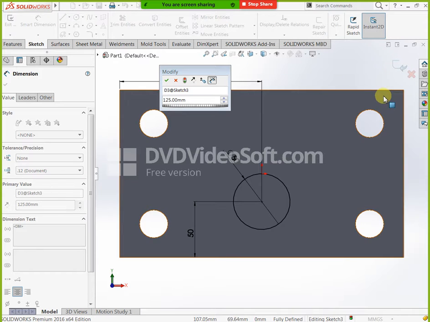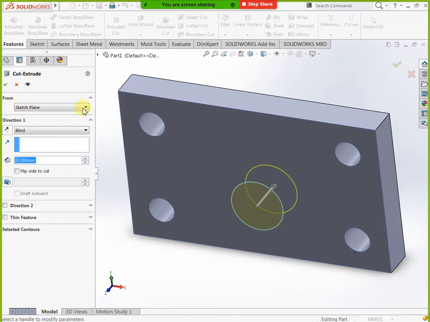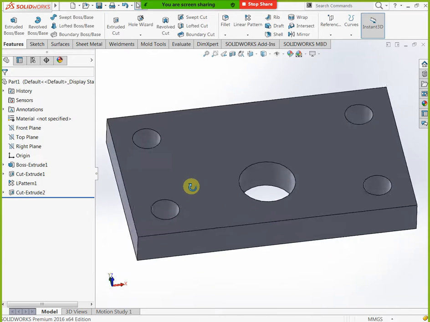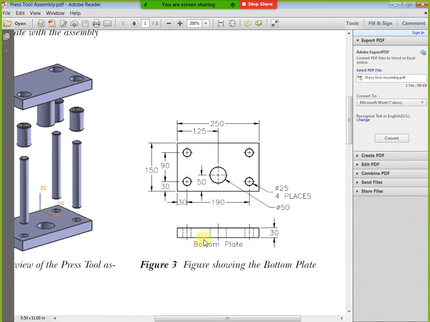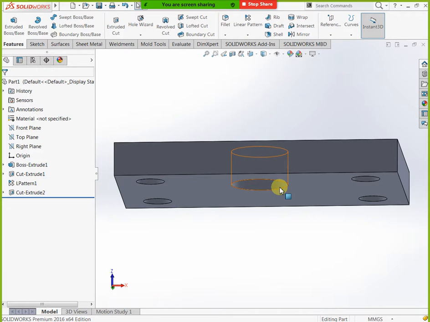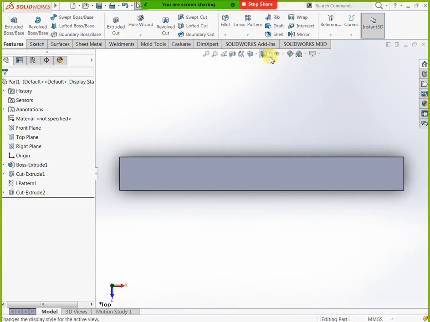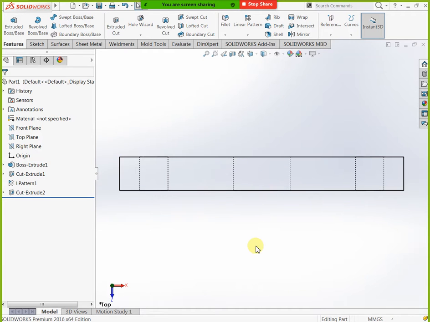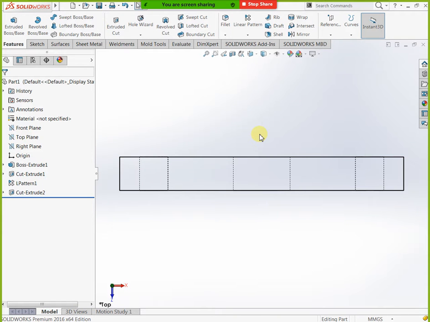Extrude cut again. Now we completed our bottom plate. We need to create like that. If you need to see like this, go directly to bottom, like side view. In this view you can mention hidden lines, just you can see. Like this type of condition, same, but here we have center lines, here we don't have the line. That's it. Remaining all are same. This is our model. Now you can go here, apply in 3D. Now we completed our bottom plate.